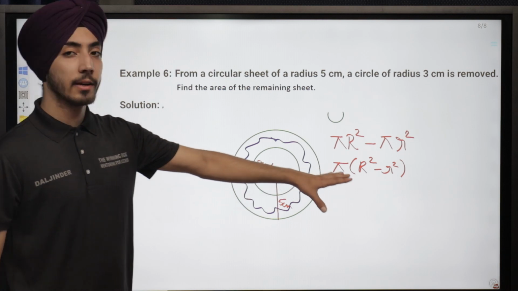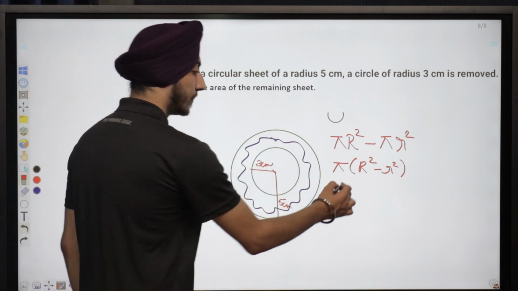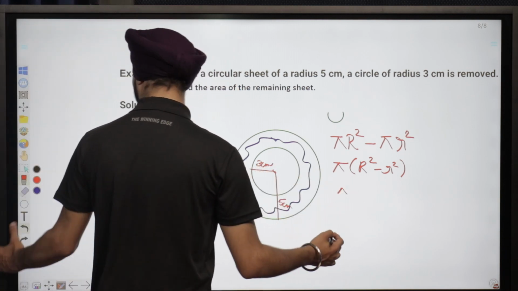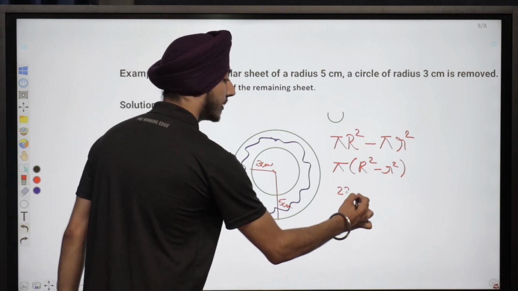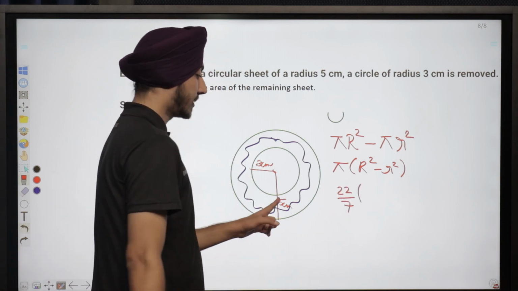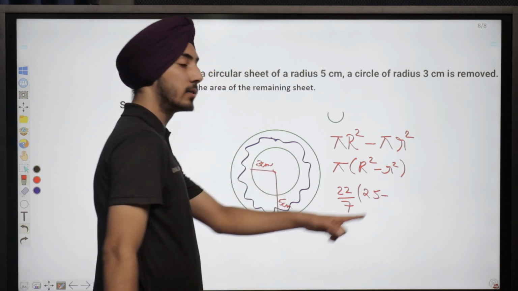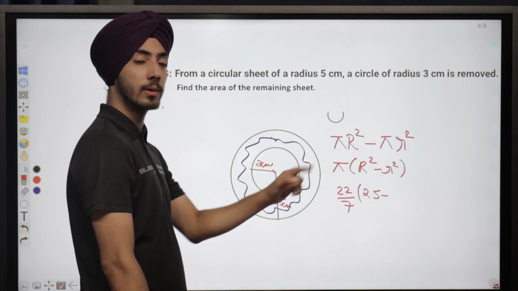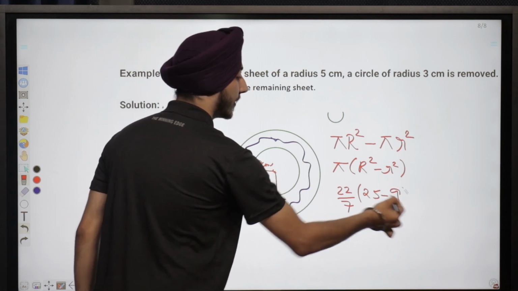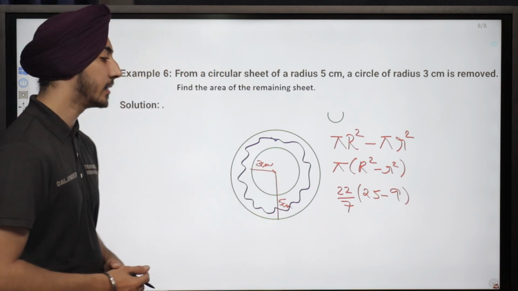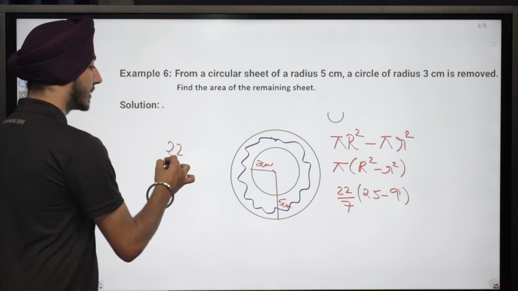You can directly put out the value and you can solve it otherwise also. So pi की जगह हम लिख देते हैं, let's say 22/7. Capital R is 5, so 5 square is 25. Small r is 3, so 3 का square is 9. 25 minus 9 will give you 16. So what do you get? You get 22/7